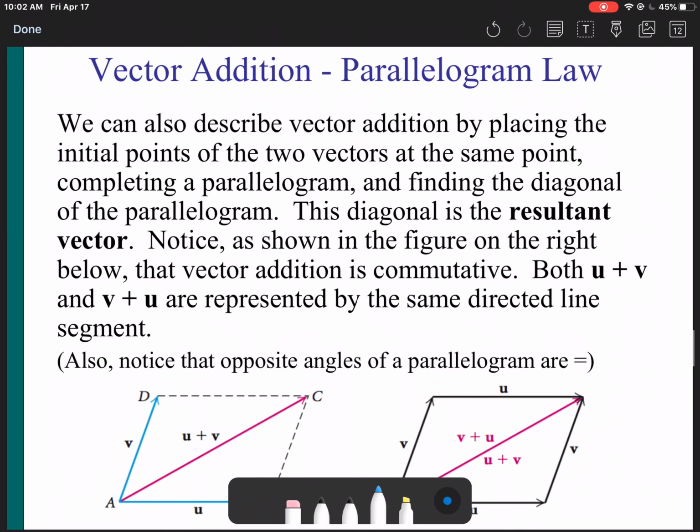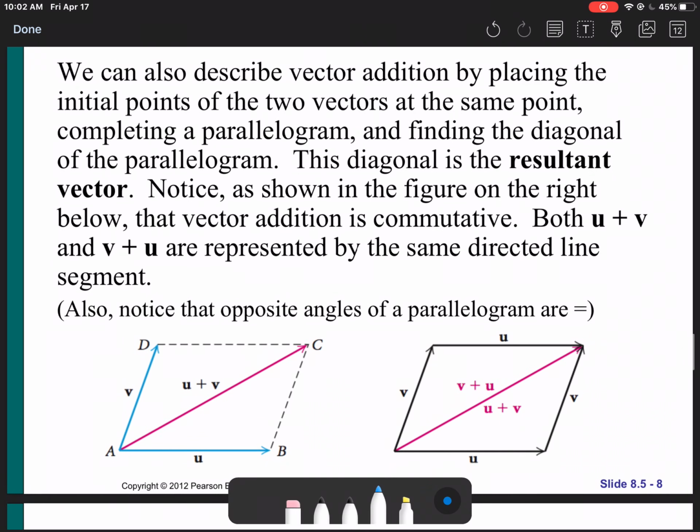Here's the parallelogram law or parallelogram method. Now I said this is the one that we typically use when we're actually doing calculations. So we can also describe vector addition if we take the initial points of our two vectors and place them at the same point. Then we're going to complete a parallelogram and find the diagonal of the parallelogram. So in other words, notice and look at the diagram that we have,